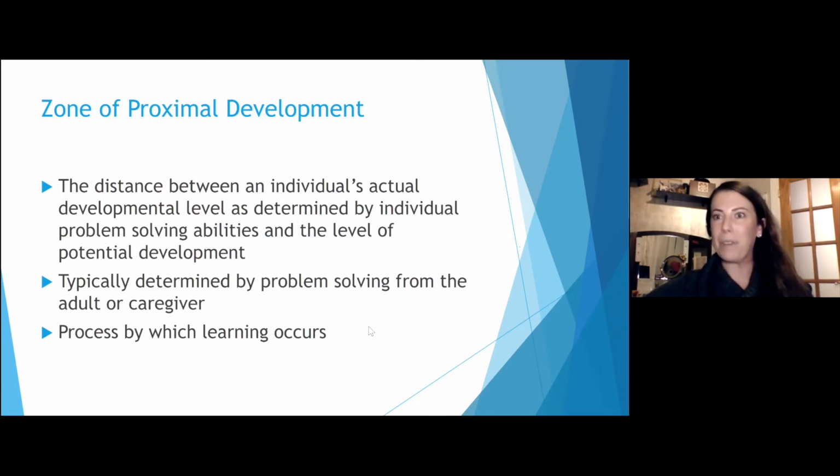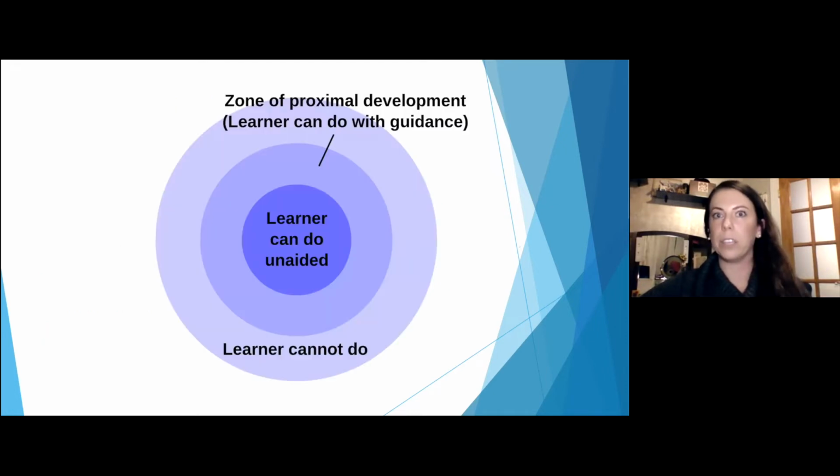How many of you have seen your kids just kind of shut down if something becomes too overwhelming, or you shut down if something becomes too overwhelming? It's because that's reached beyond your zone of proximal development. You're not able to comprehend that far. So therefore you're just going, nope, I'm not going to do it at all. That's something that we want to be mindful of and that you can talk to with your team.